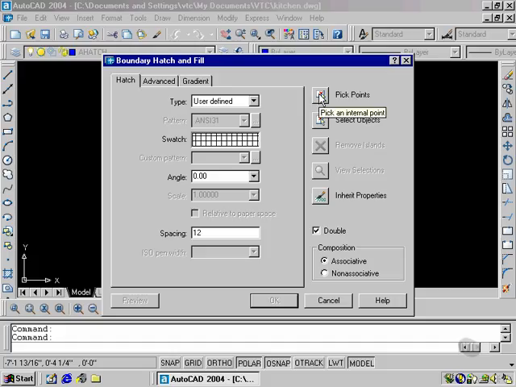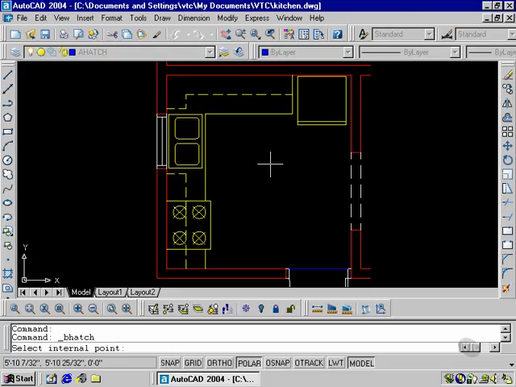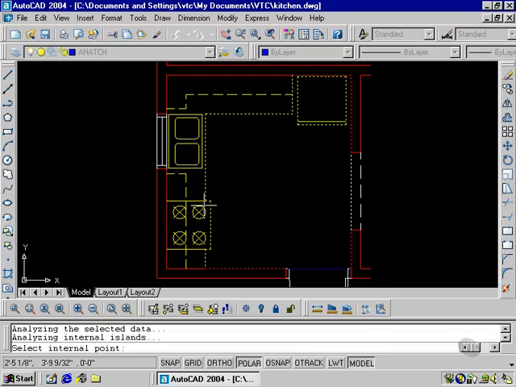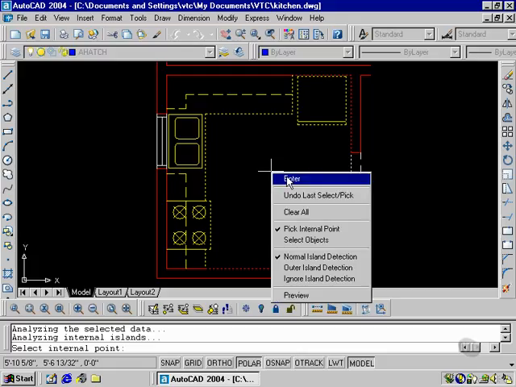So I'm going to select an internal point. I'm going to click on this button. It takes me back to my AutoCAD drawing screen, and it indicates to select internal point. Any point here will be considered internal, so I'm going to click. And as I told you, AutoCAD looks for a boundary. The lines that you right now see dotted represent that boundary that AutoCAD has found, and that's what we wanted. So once we have selected the internal point, we now can right click and we can select enter,